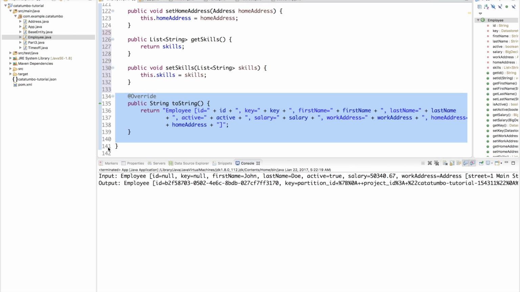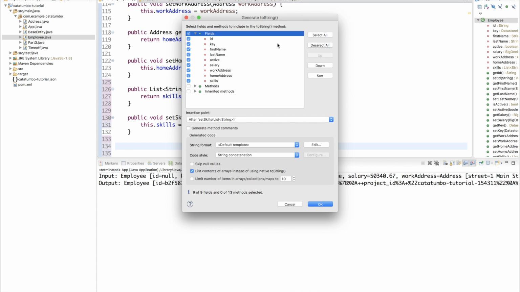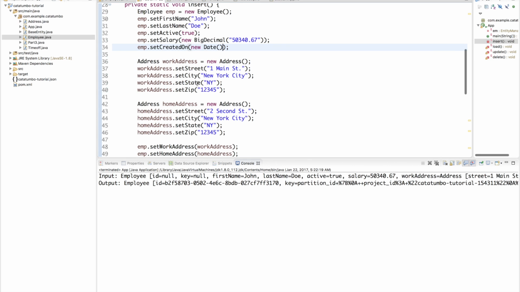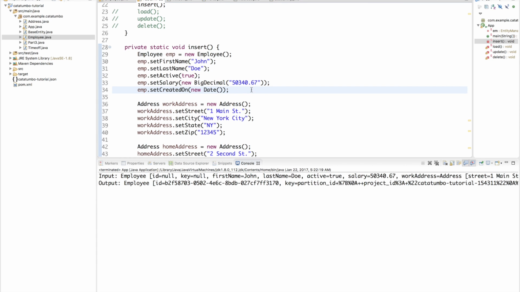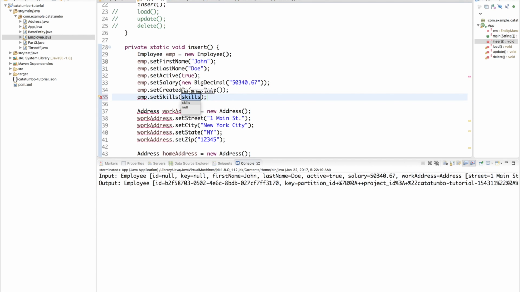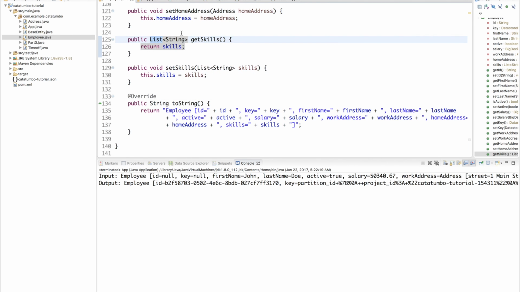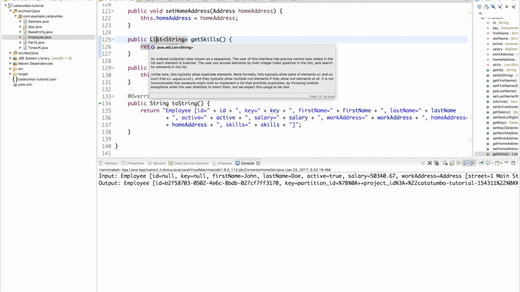I'm going to regenerate our toString method. That way we are printing the skills also. All right, now let's switch back to our app and set some skills on this employee. So we need a list of skills now. So let's just create skills. In this example, I'm just using an ArrayList, or base List. Actually, the field type in employee is List in this case, but you can also change it to